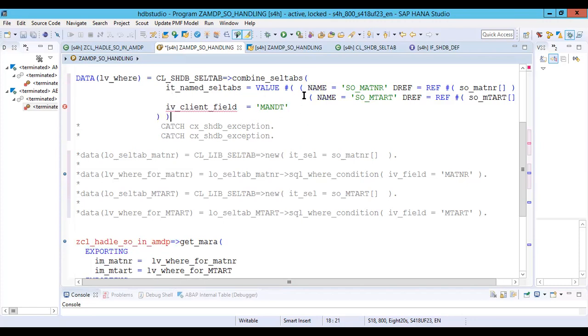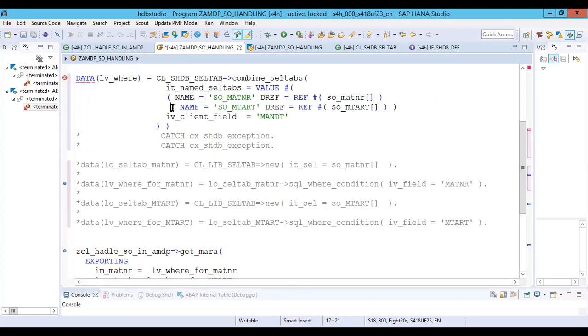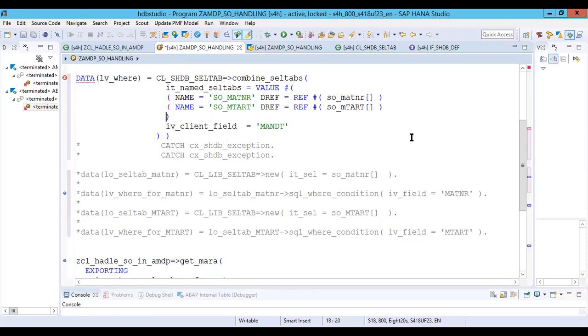So let me format it. It's quite confusing. This one, okay, it should not be there actually. It should be here, right? Two records I'm passing into the internal table, and here now. So this is the first record. This is the second record, and this is what we have for this value has, right? It's ending with this, and now